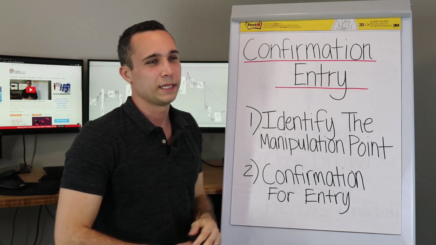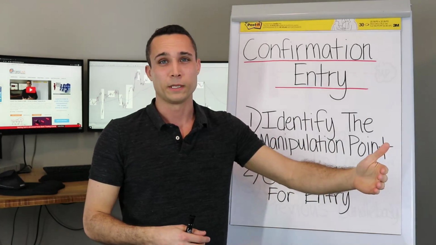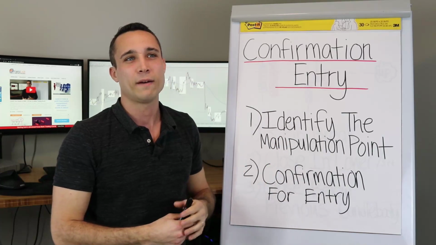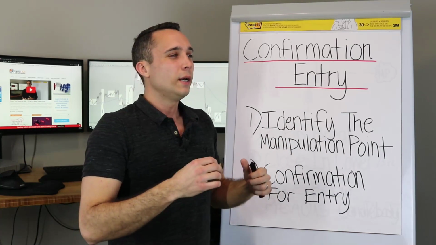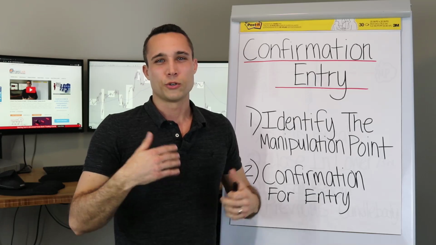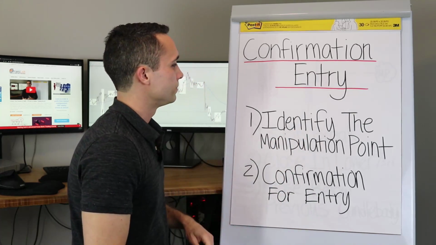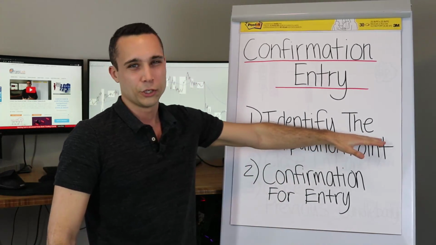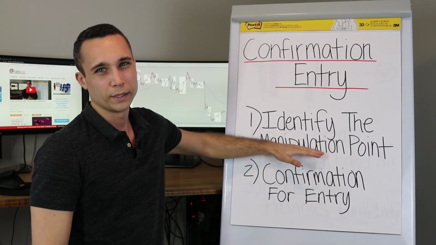And basically, this is the next step. You identified the manipulation point, so you need to have a way of actually triggering the entry. What's telling you that you should get into the market? That's what this is all about. So identify the manipulation point. We've already covered that. That's number one that you're going to be doing,